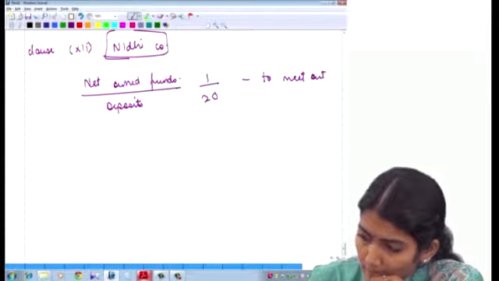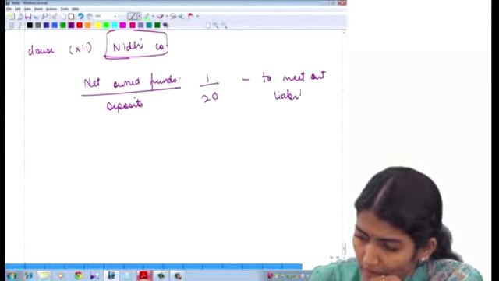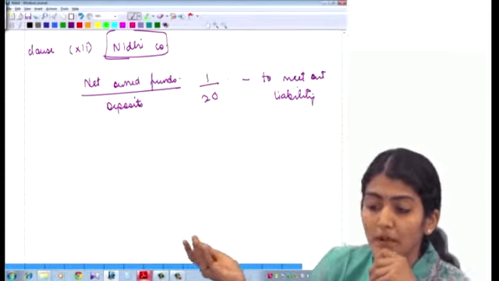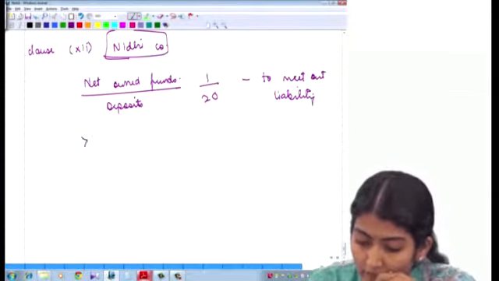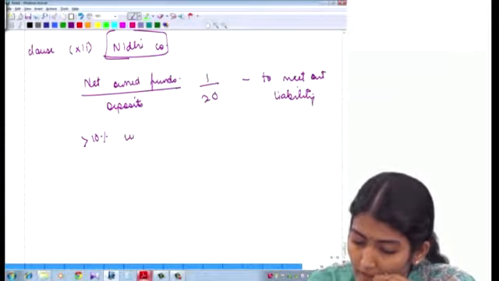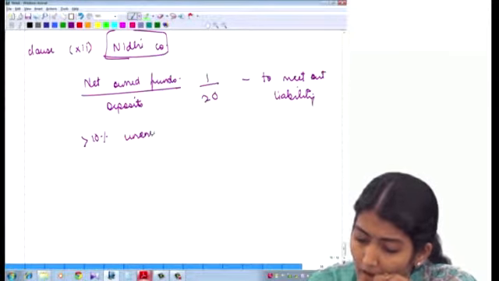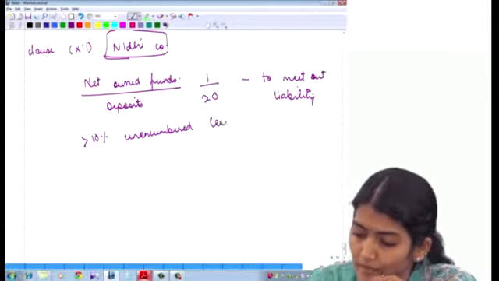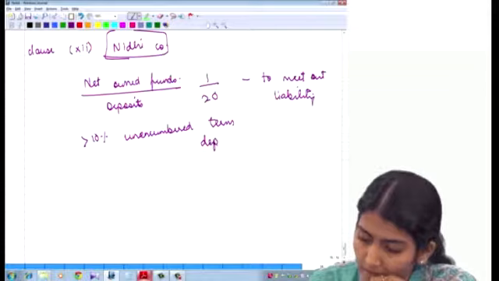So have they maintained their net owned funds to deposits in the ratio of 1:20 to meet out their liability? And whether at least 10% they have invested in the unencumbered term deposits,